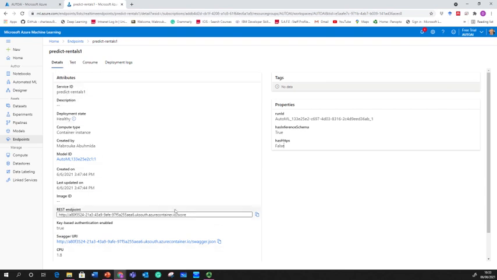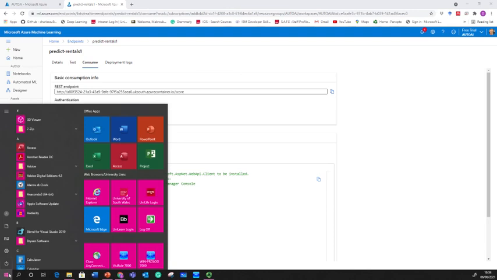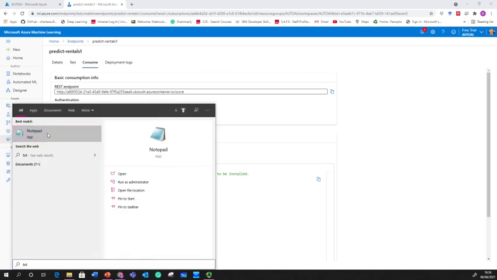My REST endpoint is here. If you go to consume, you will get your REST endpoint and your primary key, which you need for your code. Now, the second thing I'm going to note these, what I'm going to do is you have two different options. The first one is just have a notebook